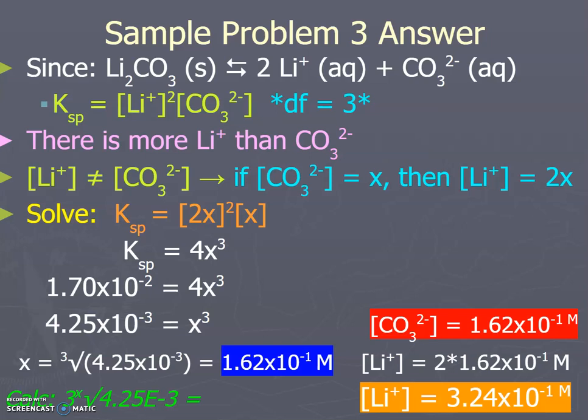You have to be very careful with these. Lithium has 2 ions that are produced for every one of the CO3. The dissociation factor is 3. There's more lithium than there is carbonate. Their concentrations are not equal. You can't have them both equal to X. So if you choose CO3 2 minus as X, then the concentration of lithium